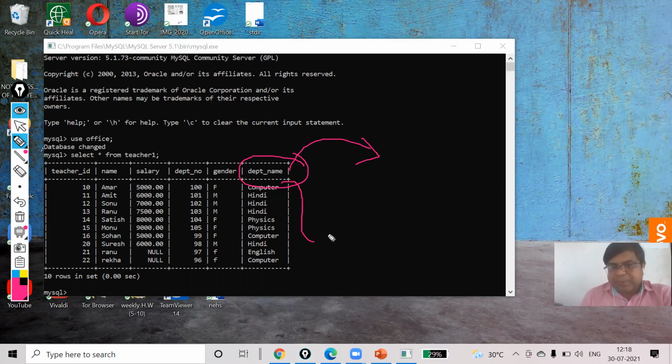As per that, for computer there are 3 records. These 3 will be added and then the average taken. But keep in mind, it will not be an average of 3 because null is ignored. Now let me write this query.